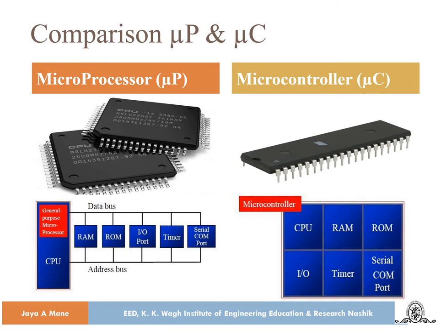So if I could compare the microprocessor and the microcontroller with the pictorial representation, see the microprocessor, it has a central processing unit, the CPU, and the peripherals, the external memory, the timer, the serial communication port, everything is connected external to the CPU through the data bus and the address bus. Against that, the microcontroller has everything mounted on chip: the CPU, the memory, RAM and ROM, the IO ports, the timers, the serial communication port. All of these components are mounted onto a single chip only.